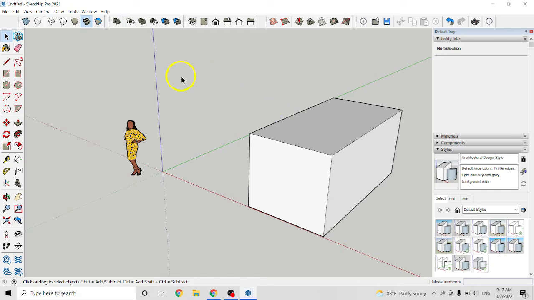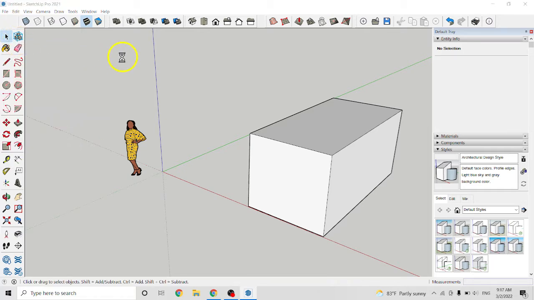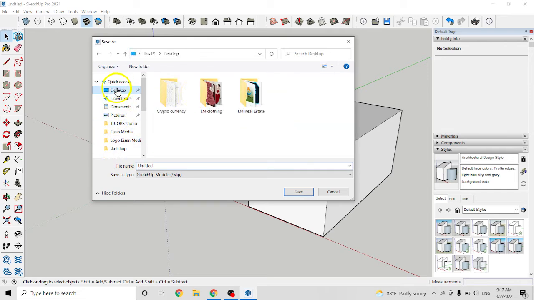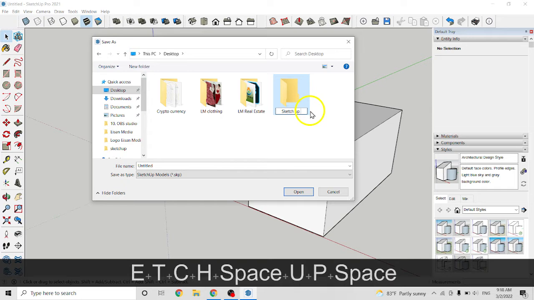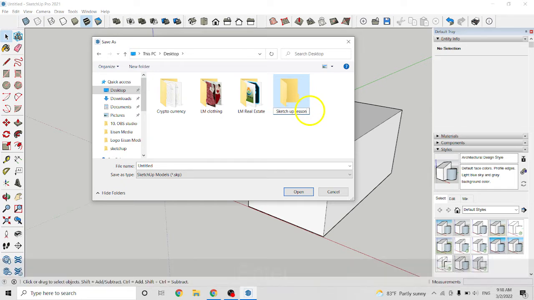So our lesson 2 is how to save this file. Click on file here, save. So I want to save which location, for example on desktop, and then I rename the folder SketchUp lesson, for example, enter,